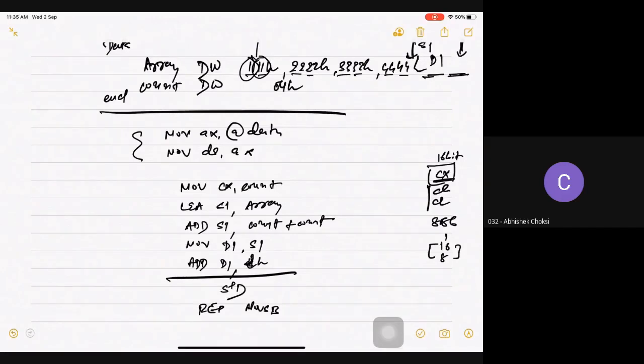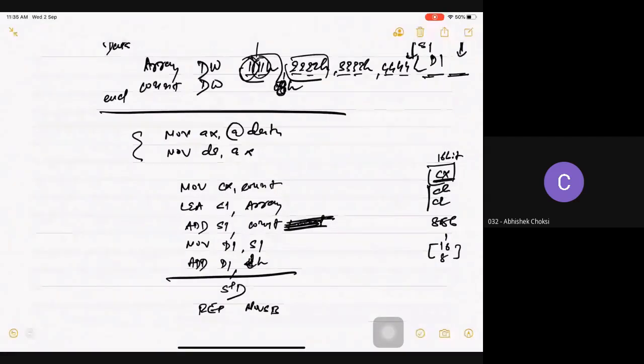Only 4 times. So only my 1111 and 2222 will get copied. So we need to change that. I need to replace 4 with 8 here and remove this count. And this will work perfectly fine.